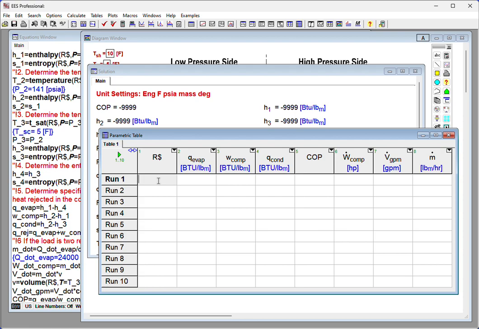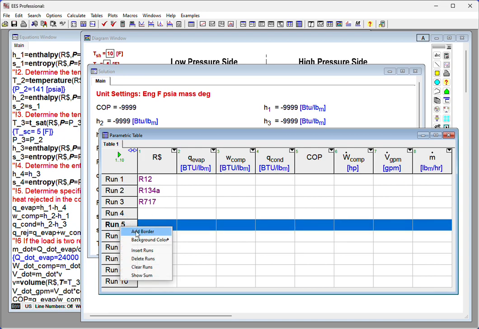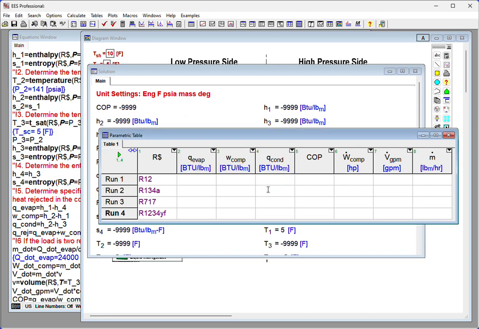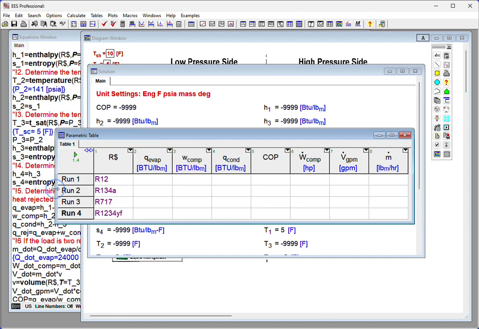So now what we want to do is put in our refrigerants. We want R12, R134A, R717, which is ammonia, and R1234YF. And we will delete the rest of these because we don't need these runs, all after row 4. Okay. So now we've got